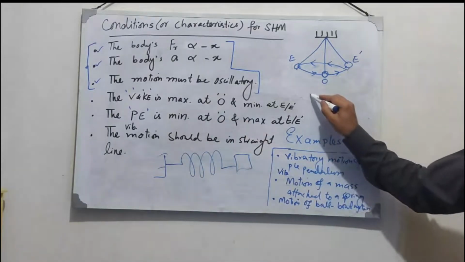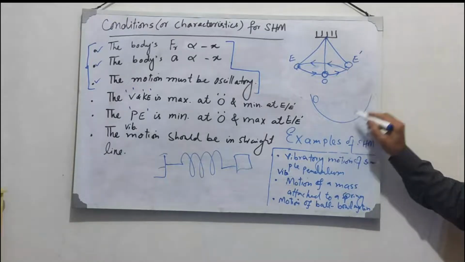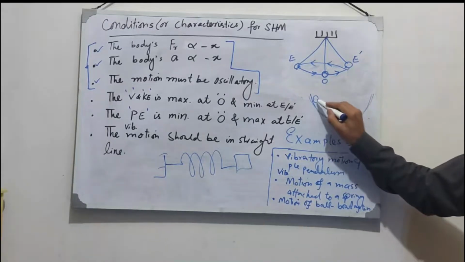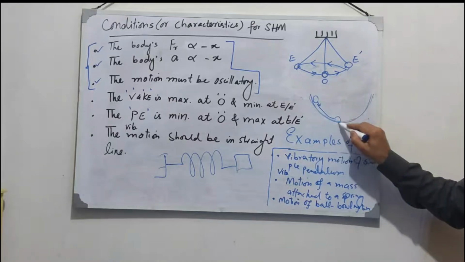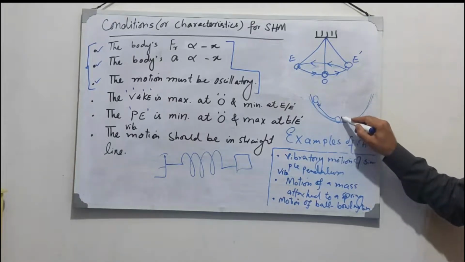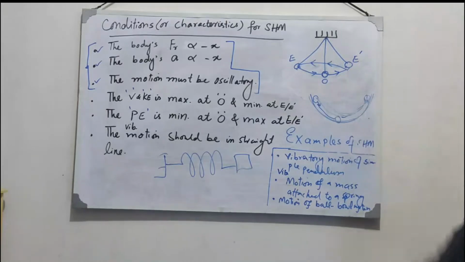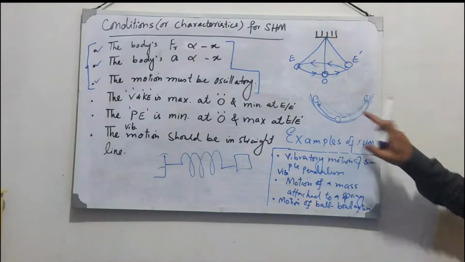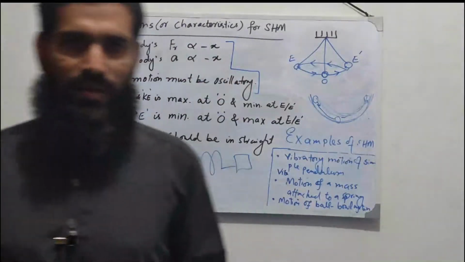And secondly, the example of a ball and bowl case. When the ball is released, it goes towards the mean position. It will not stay there because of inertia, it will move away and continue moving between these two extreme positions. This can also be called simple harmonic motion. So boys, this is all about